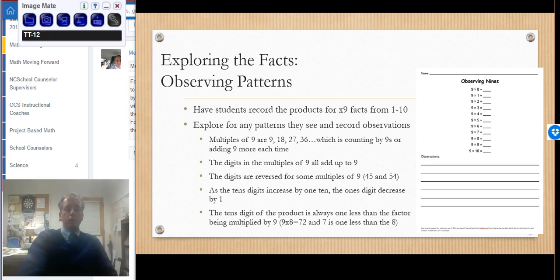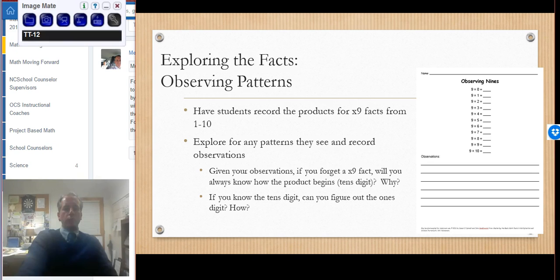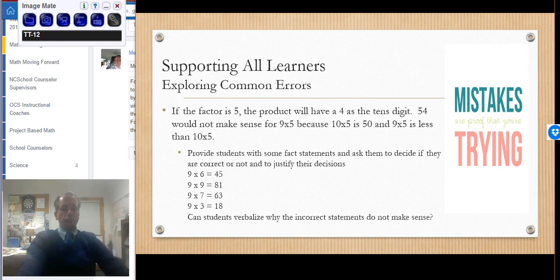So these are the kind of patterns we want kids to start to realize that exist here. So as kids write them down, we're going to ask them to come up with their patterns, and then ask them to reflect, right? So based on your observation, if you forgot a times 9 fact, what will be your trigger? What would help you remember how those facts really work? So we recognize some kids are going to need more practice than others. So let's think about